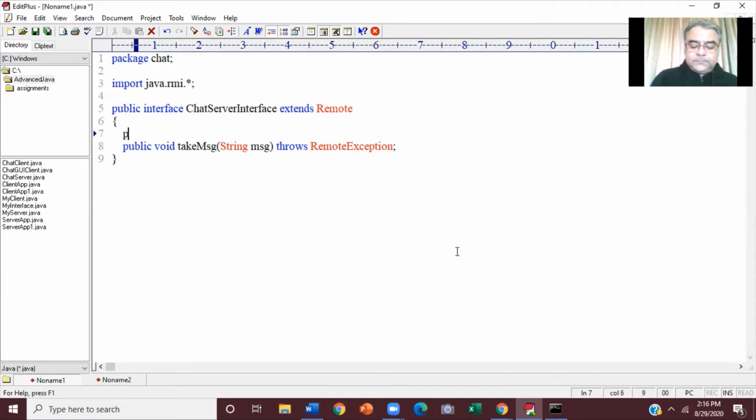Okay. Public void, return type will be void. Let's say login, as if client is logging in by calling this method, and he's going to pass two arguments, his name and his stub.